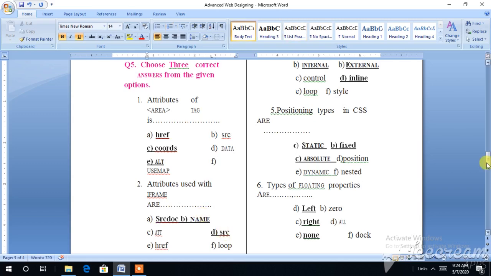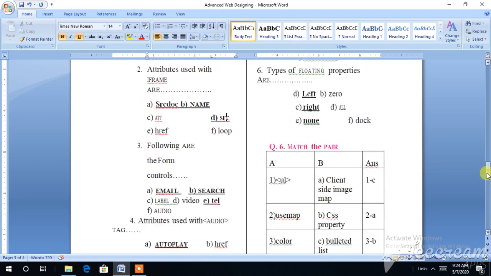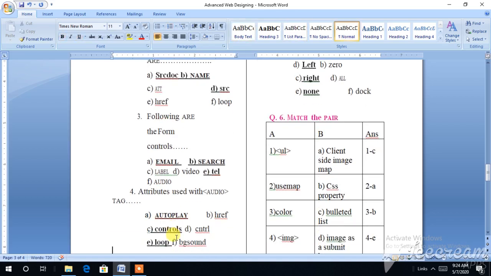Next, the following are the form controls. What are the controls? Input types we are writing: this is email, search and telephone. Attributes used with audio: autoplay, controls and loop.